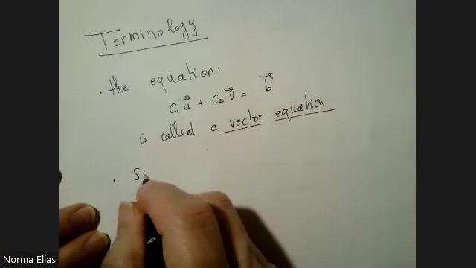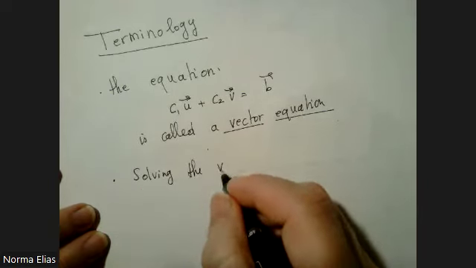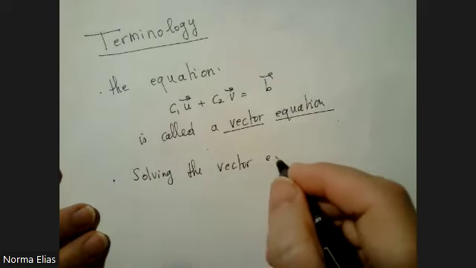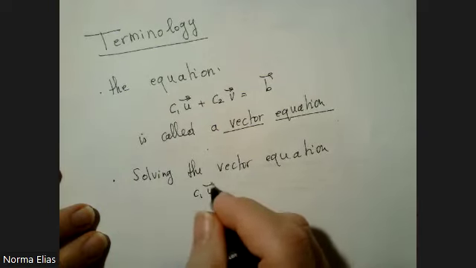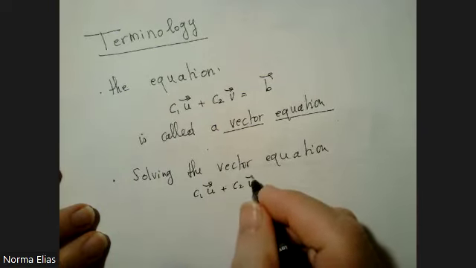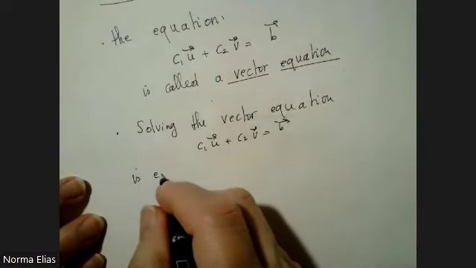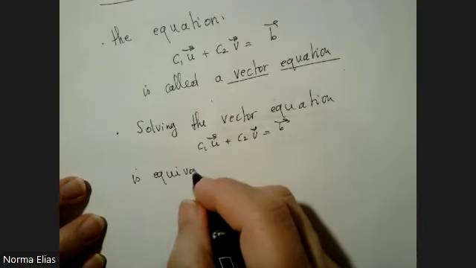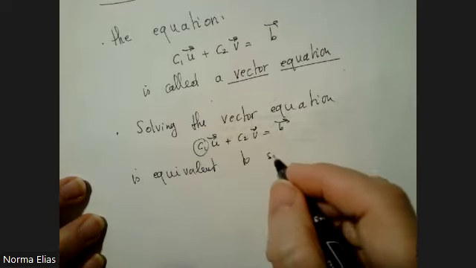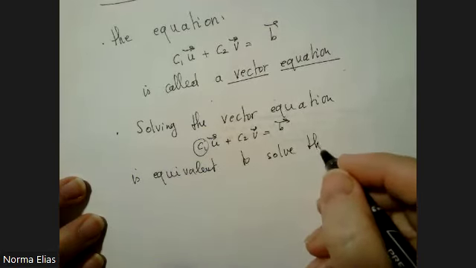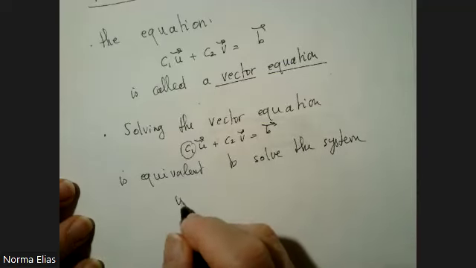Solving the vector equation C1U plus C2V equal to B means solving it for the weights. It is equivalent to solving the system with augmented matrix,